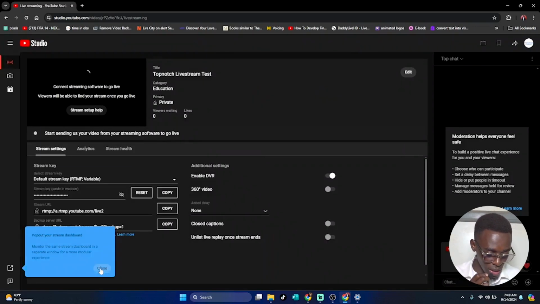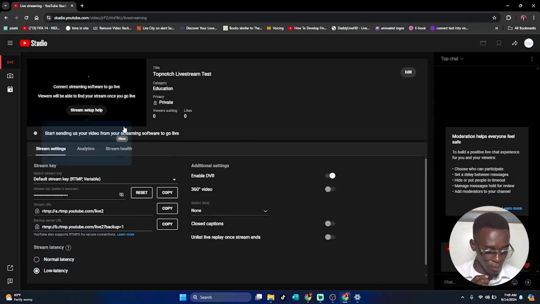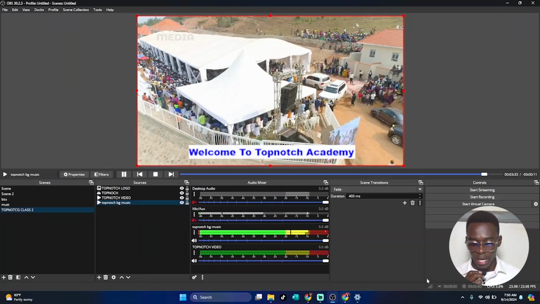Then the other thing is come here. So we are done creating that, so we shall come here. If you can see down here, we have stream key, and then we have the stream key says default stream key RTMPS variable. Then we have stream URL, backup URL, and all that. But what we need here is the stream key, this one right here, that I've made visible. So all you have to do is click on copy this stream key,